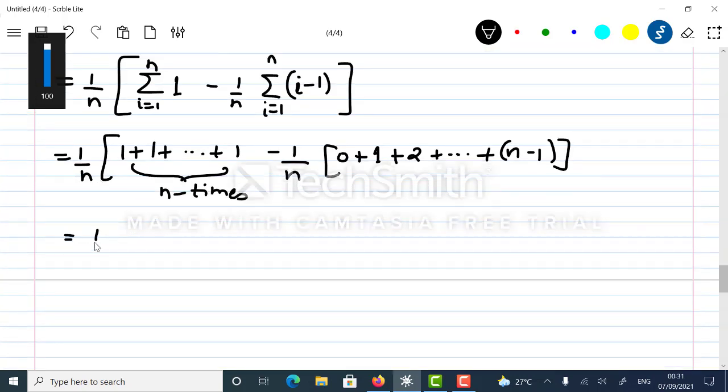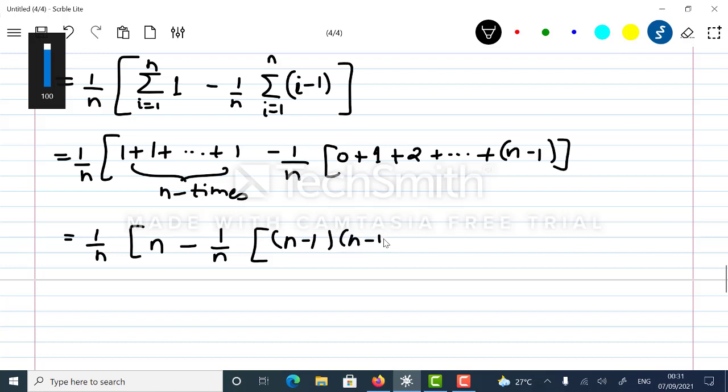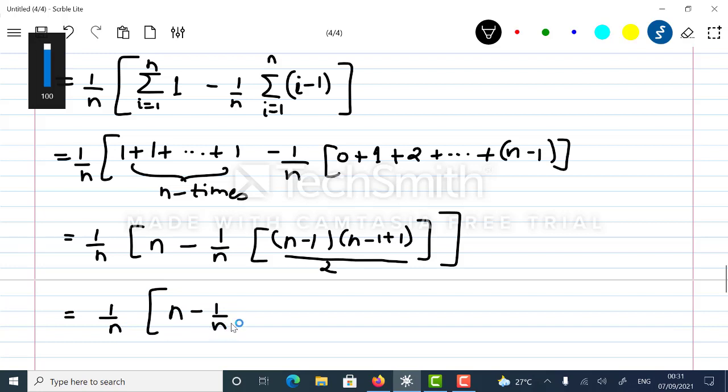So this is 1 by n. So this is n minus 1 by n. So the first terms, n minus 1 into n minus 1 plus 1, that is n into n plus 1 upon 2. And the big bracket is also complete. 1 by n, so n minus 1 by n, so this is n minus 1 into n, divided by 2. So this n will get cancelled. So what I am left with, if I multiply this n inside,